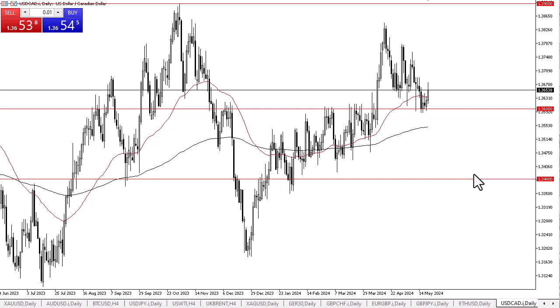before we go higher. If we were to break above the 1.37 level, then the market is likely to go looking to the 1.3850 level. That's an area where we had seen some resistance previously, but the top of the overall range is near the 1.39 level. If we turn around and break down below the 1.36 level, then the 200-day EMA could be targeted